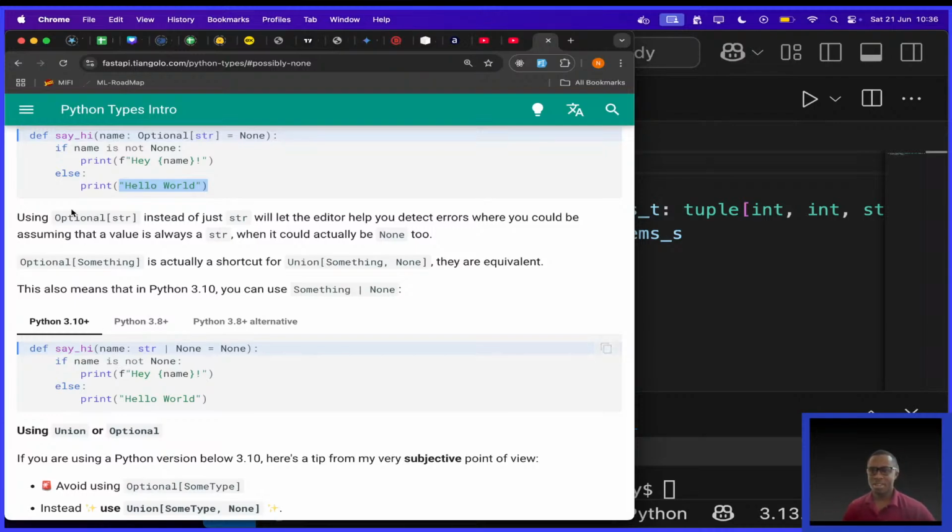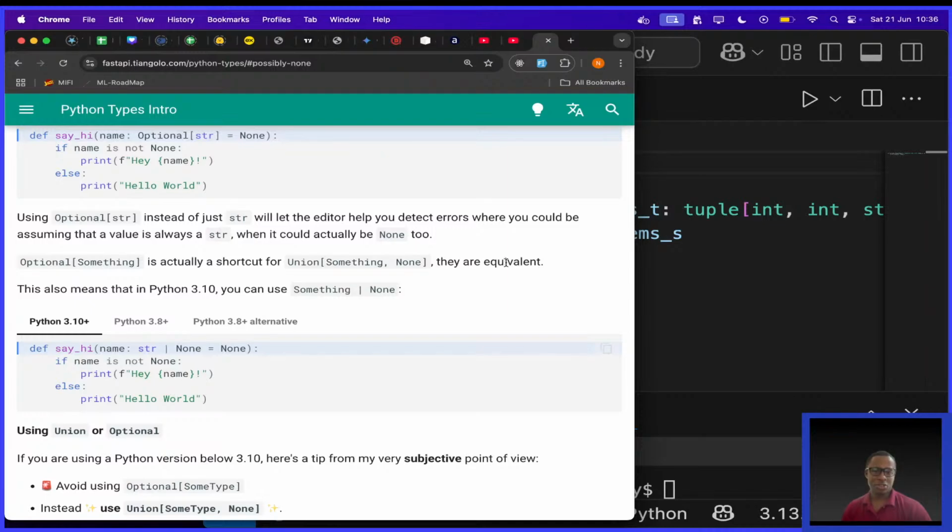Then they're saying using Optional[str] instead of just str will let the editor help you detect errors where you could be assuming that a value is always str when it could actually be None too. Okay, so Optional[Something], because they're saying something could be anything, is actually a shortcut for Union[Something, None]. They are equivalent.